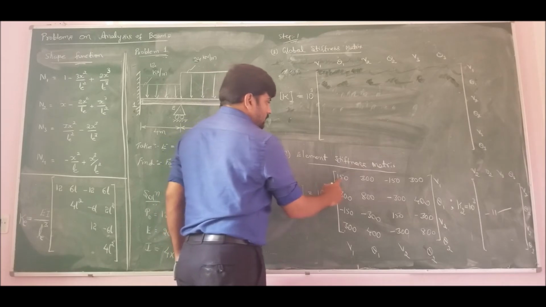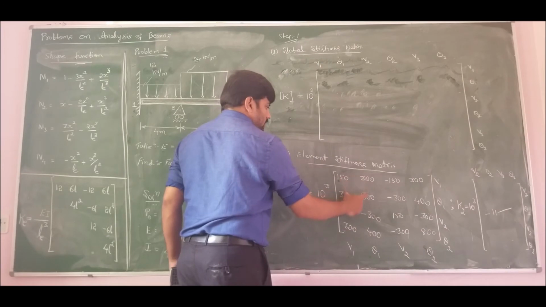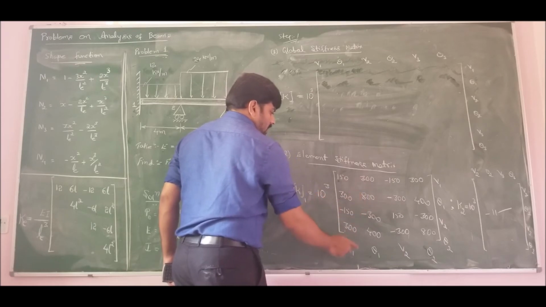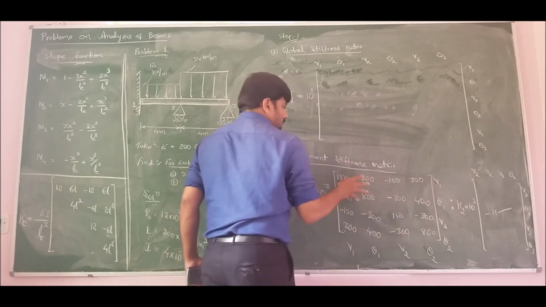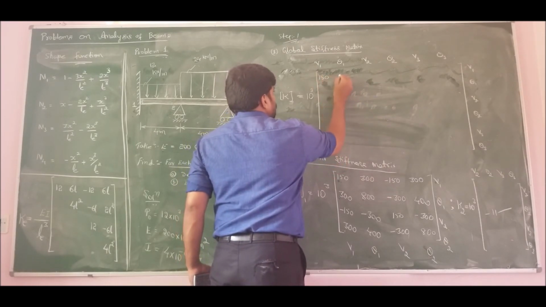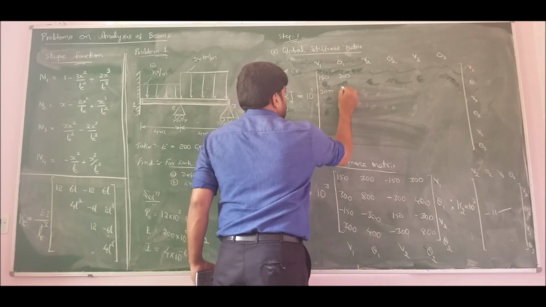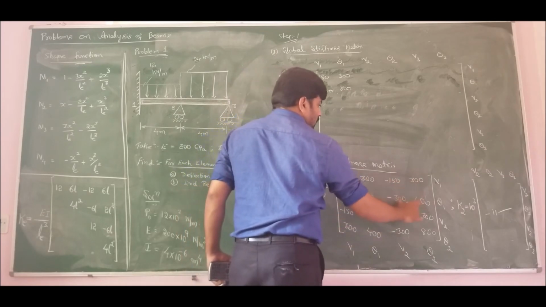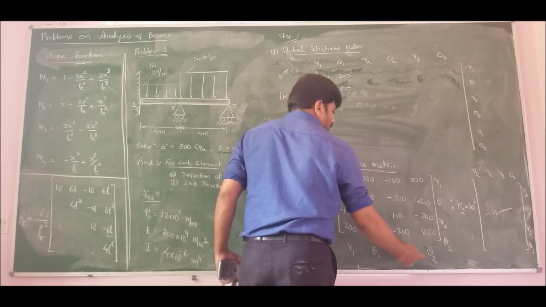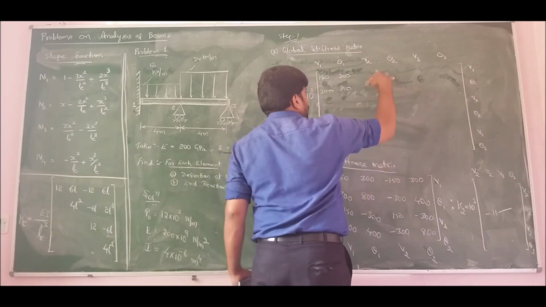So for these 4 elements, it is v1 theta 1 cross v1 theta 1. The values for these 4 elements are 150, 300, 300, 800. So this should fit to v1 theta 1 cross v1 theta 1. So I will get 150, 300, 300 and 800. If I take the next 4, the order will be v1 theta 1 cross v2 theta 2. So these 4 will fit here.